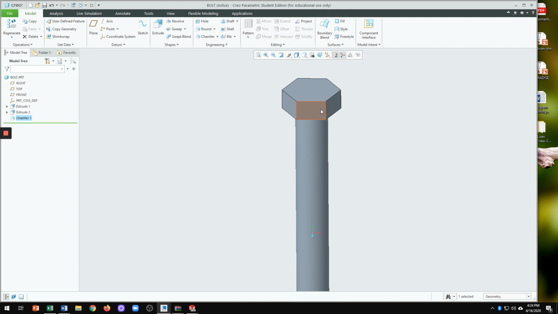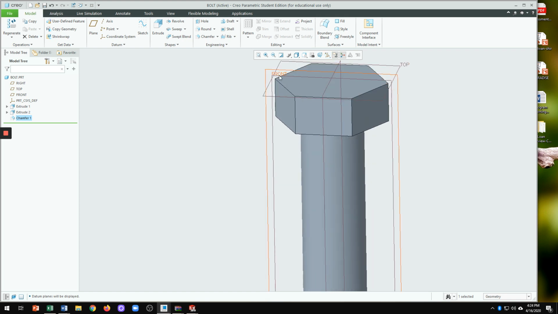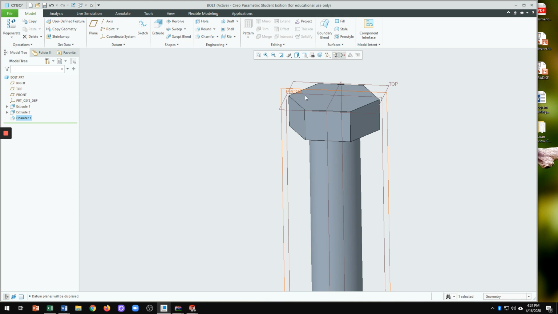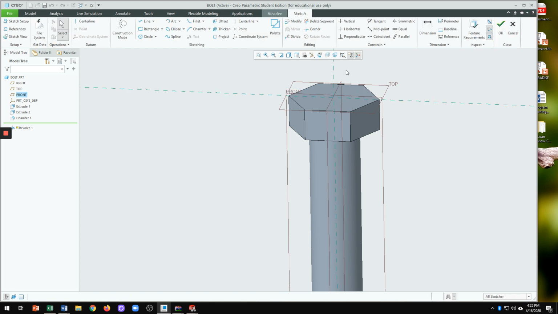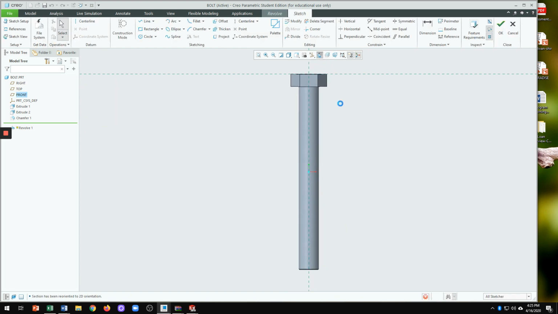The prerequisite for that is the plane, okay? You need to have the front plane displayed, especially the front datum plane that goes through the center. So I'm going to click on revolve, okay? Revolve feature. And I'm going to click on the front datum plane and then go to sketch view, turn off the plane for clarity,